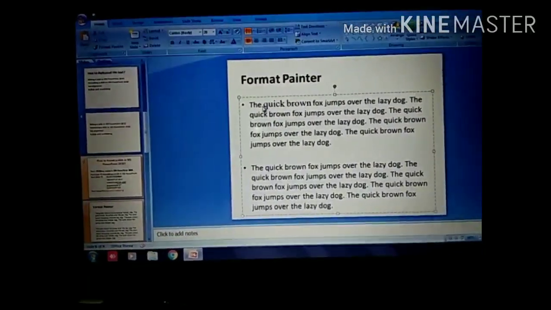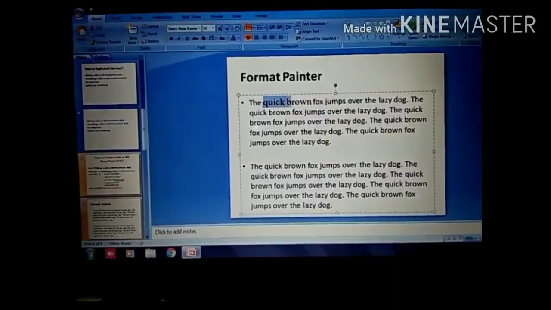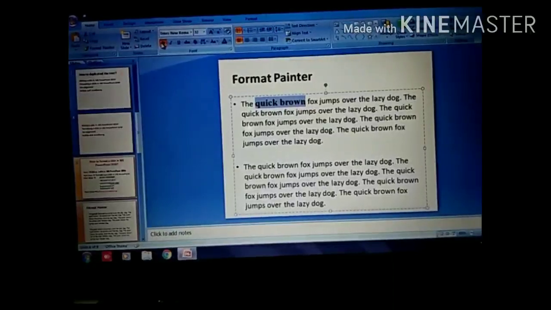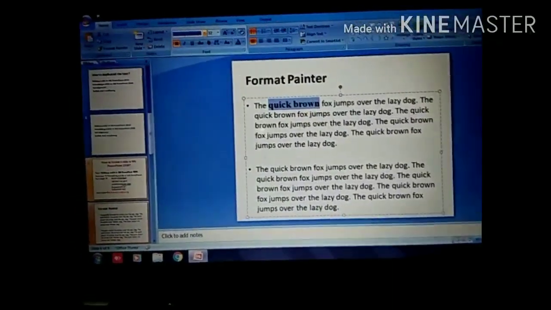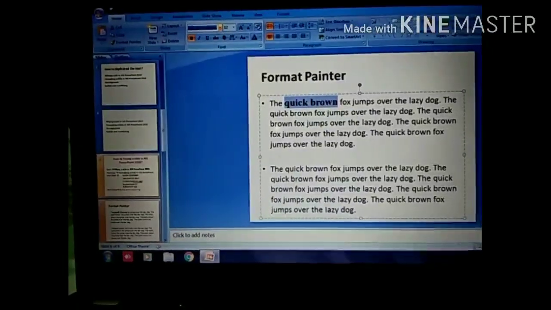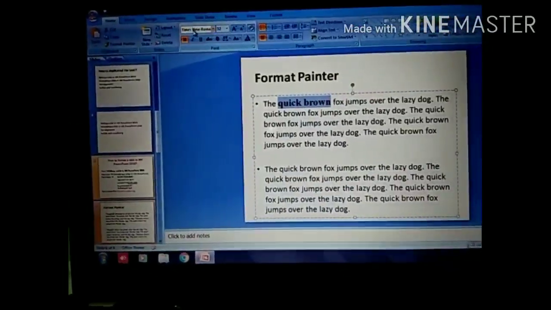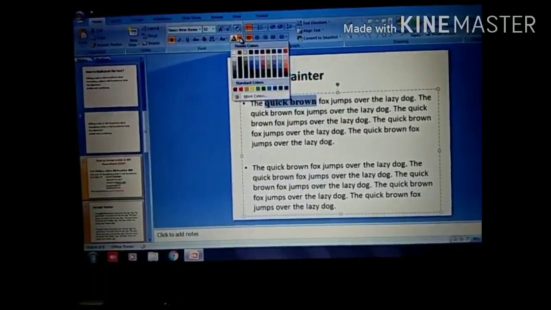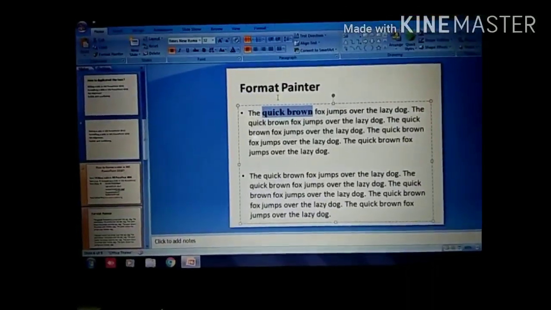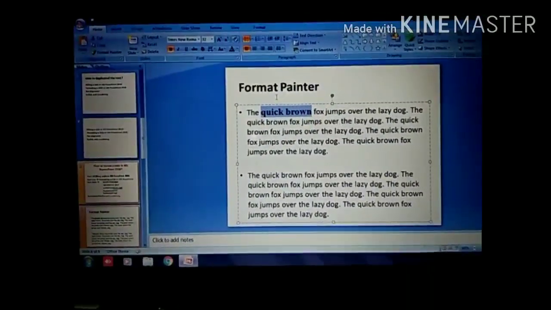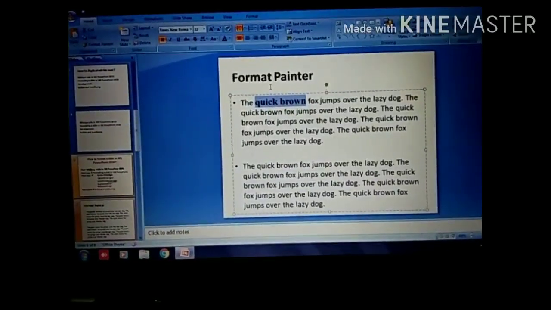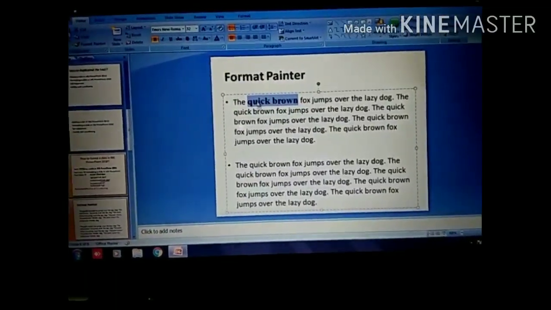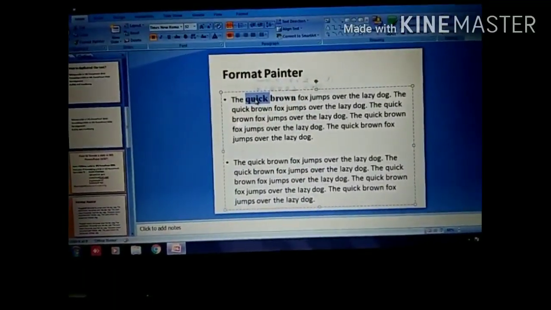For example, here I am applying some formatting options. I am selecting the two words "quick brown", then I am making them bold. Here I am applying the font Times New Roman, then I am applying the color blue. Okay, so these formatting options I have applied. Now this same formatting which I have applied on "quick brown", I want on the whole second paragraph. So first of all I will select the text where the formatting is applied,